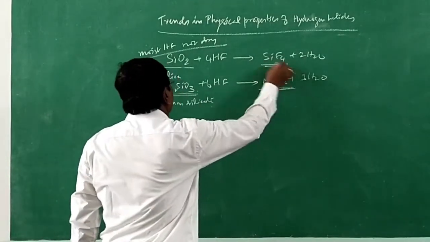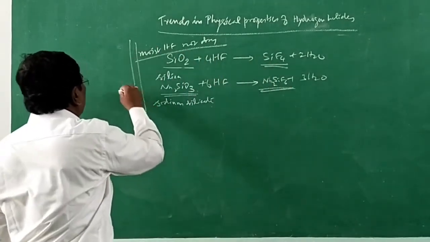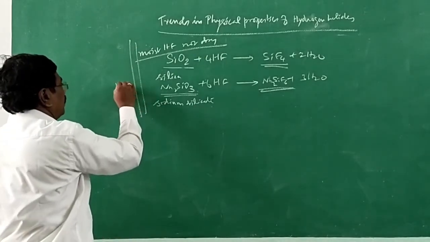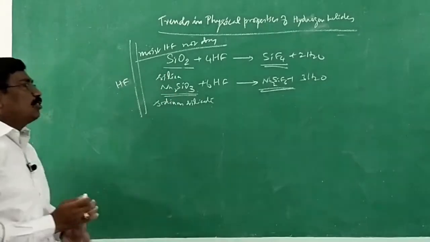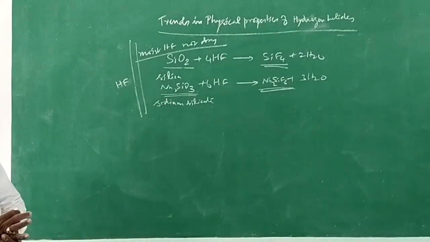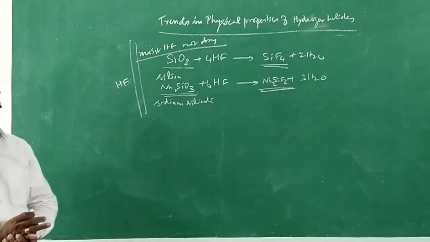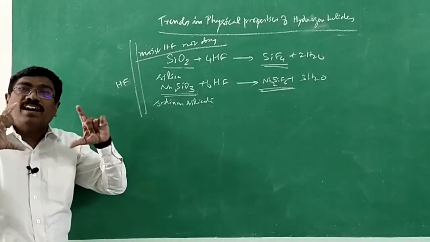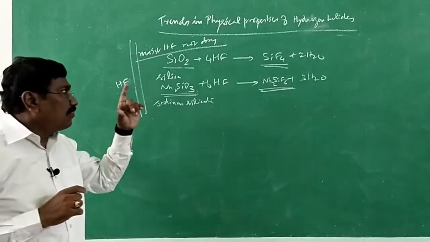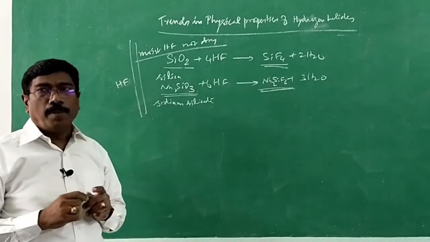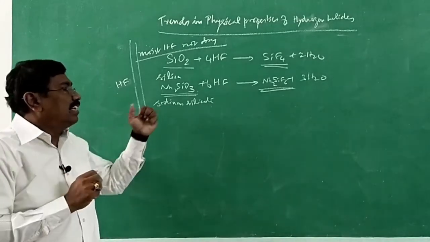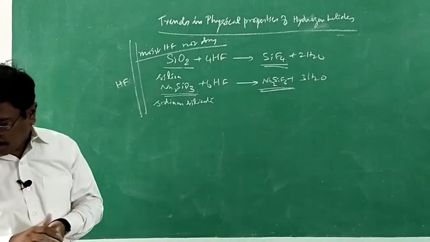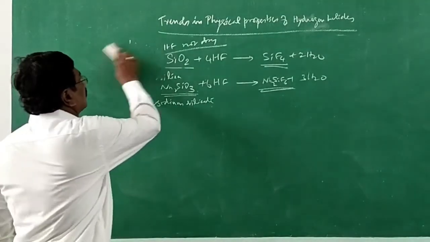It is a peculiar reaction for HF. No other hydrogen halide reacts in this way. All right. Only HF reacts with silica and sodium silicate to form silicon tetrafluoride and sodium fluosilicate. Even hydrofluoric acid reacts with glass. Most of the reagents are kept in glass, but HF, especially moist HF, when kept in glass, will corrode, it will etch glass, and it is used for the purpose of etching. All right. Then, next to that,